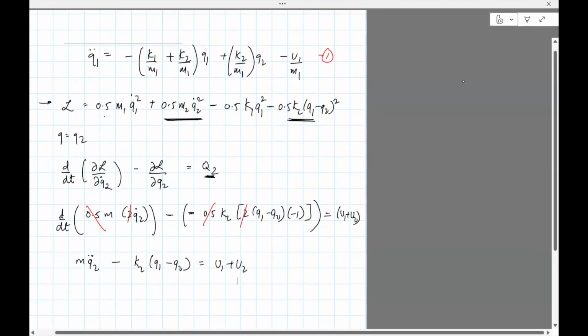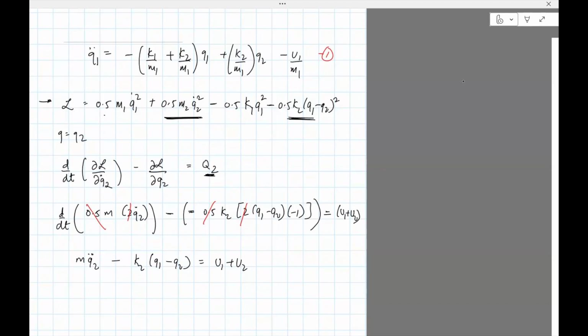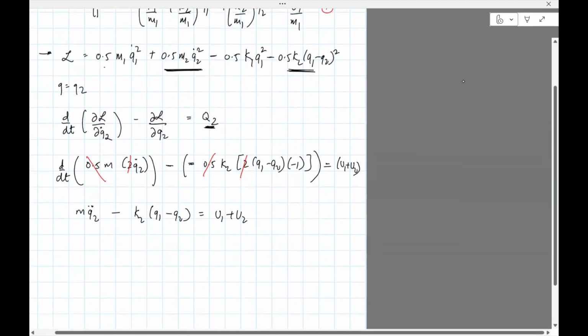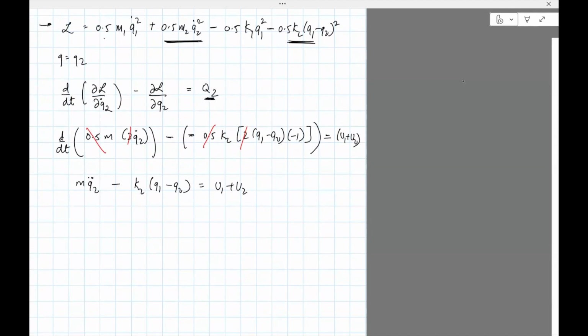Yes, I'm going to write it exactly like I've written equation 1. I had q1 double dot on the left side. Similarly, I'll have q2 double dot here on the left side. So q2 double dot equals